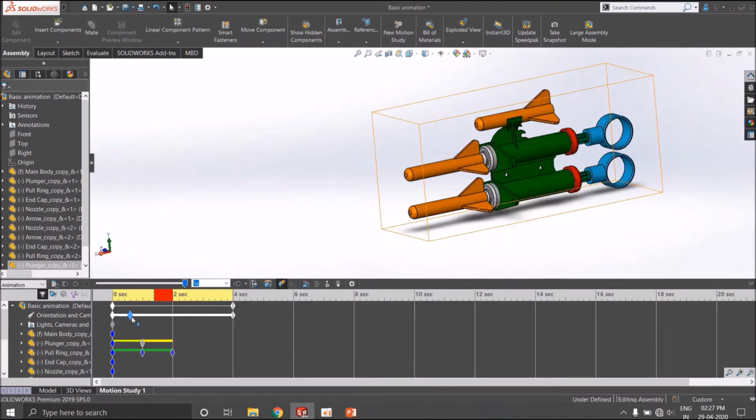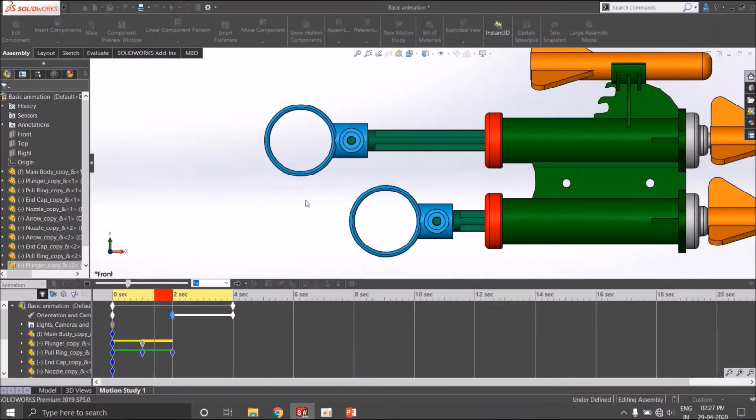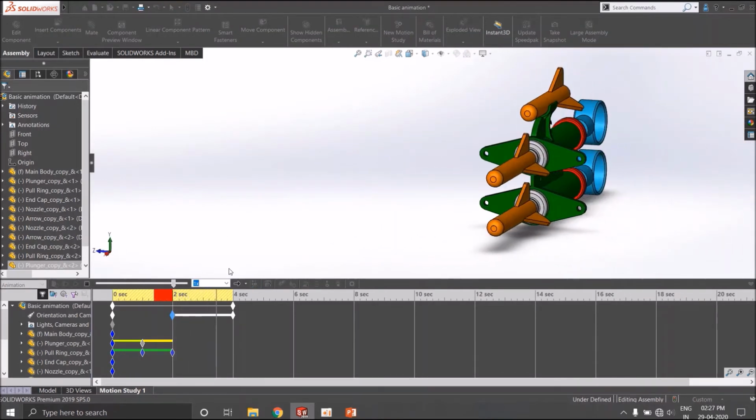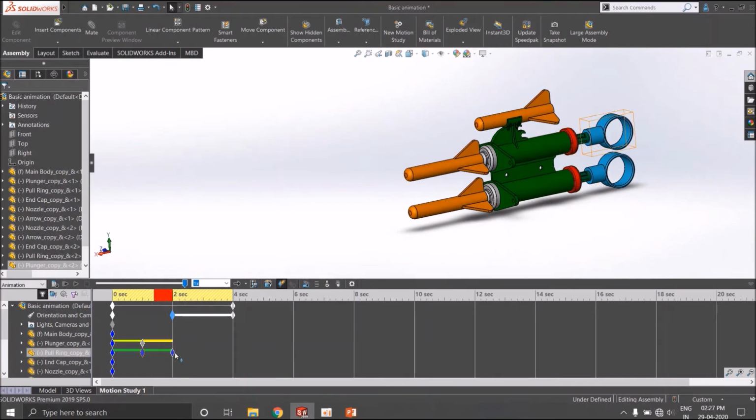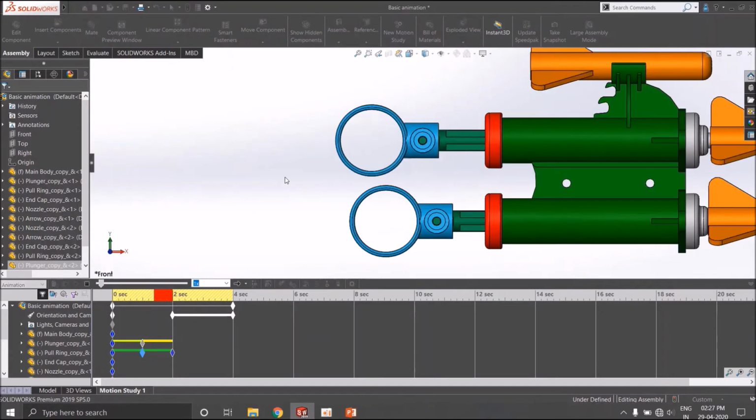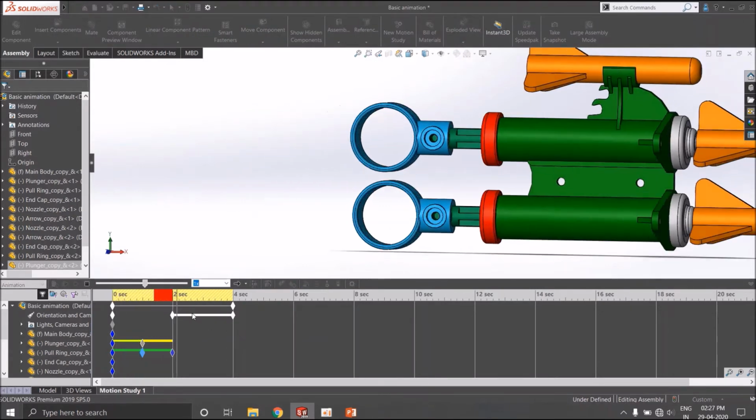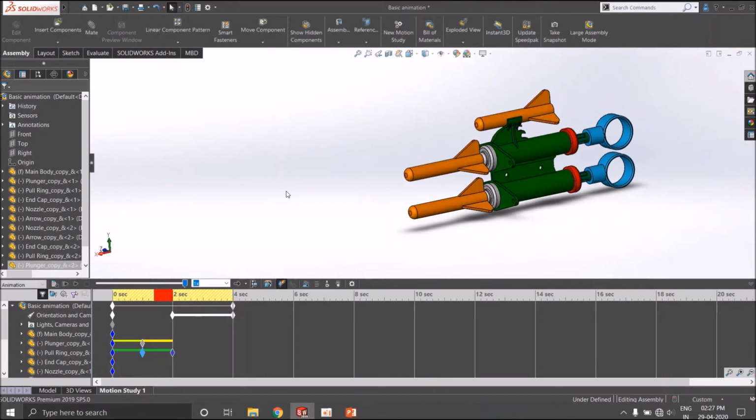So you can just drag these keys to 2 seconds. Now our rotation will be for 2 to 4 seconds. You can just play again and see the animation. You can move these keys anytime you want and adjust them according to your need.